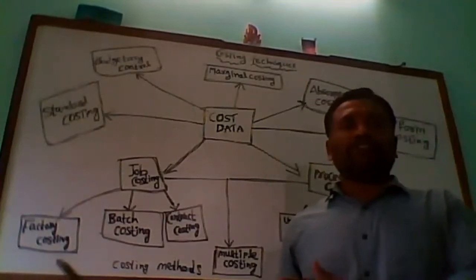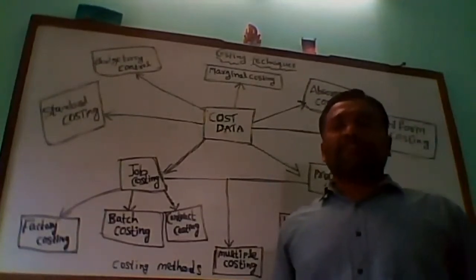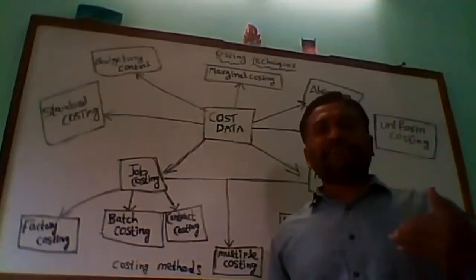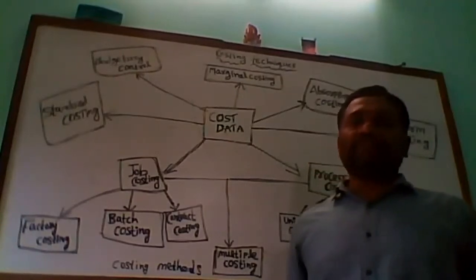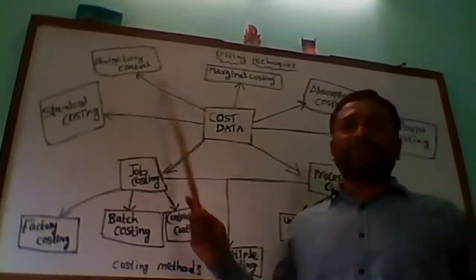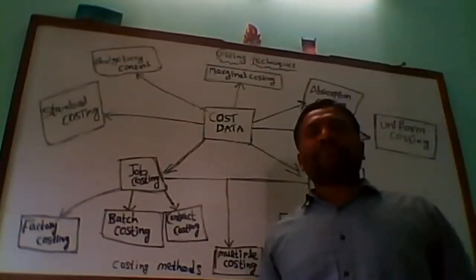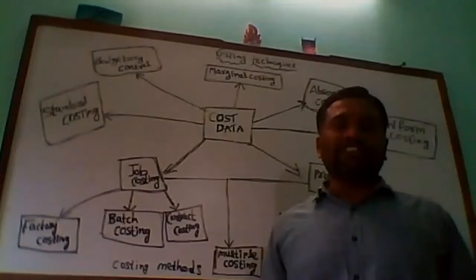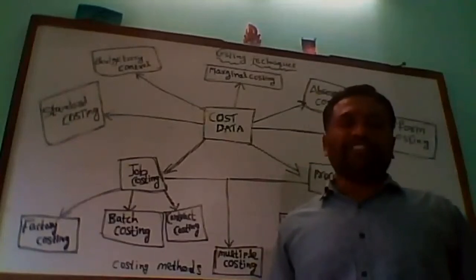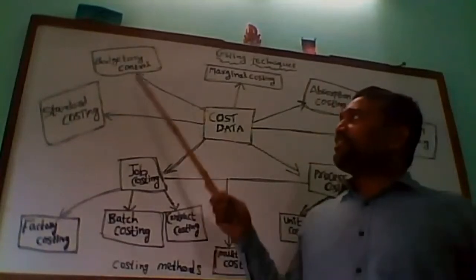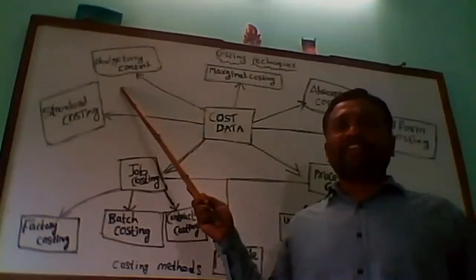So some amount on the health sector, some amount on the education sector. Like that, they are going to allocate the money to various sectors. And here also we are going to prepare some budgets and budgetary controls. So here we are going to prepare a fixed budget, flexible budget, production budget, sales budget, overhead budget, and like that we are going to prepare under the budgetary control.